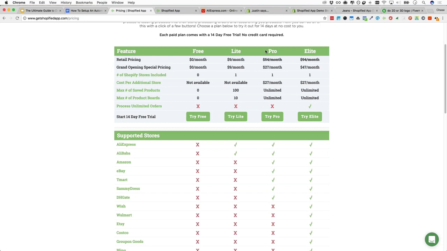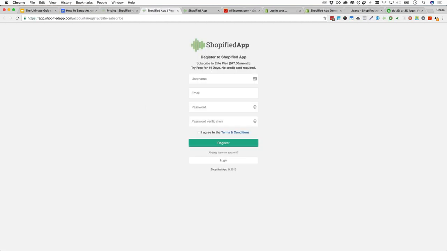Fulfilling just a couple manual orders is not a huge deal, but once you start to grow, then you may want to choose Elite. So let's just go ahead and do Elite for now for the full experience for 14 days for free. It will take you here. You register. Let's just go ahead and register our account. So I will make this Chase demo, Chase plus demo at